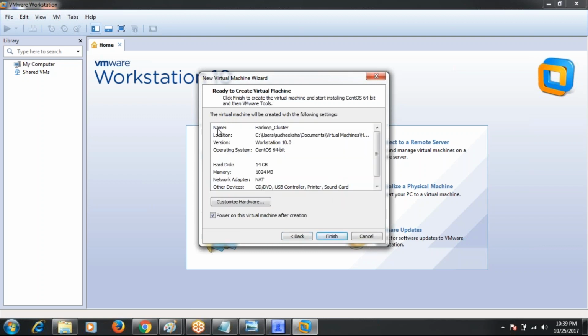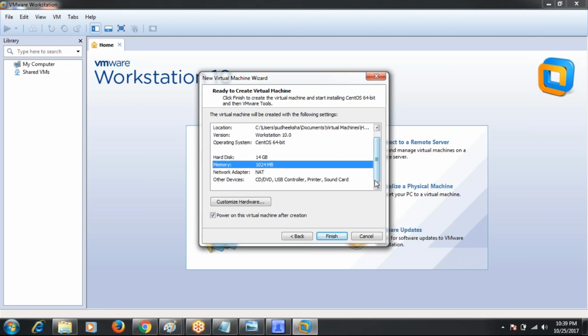This is the total cluster information: the name is Hadoop cluster, along with the location and the VMware Workstation version. The operating system is CentOS 64-bit, the hard disk size is 14 GB, and memory means RAM. I gave only 1 GB of RAM because my machine has only 4 GB. If you have more in your machine, you can specify 2 GB, 3 GB, like that. Click on finish.